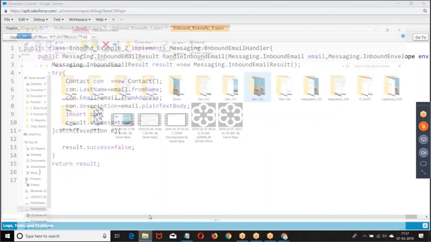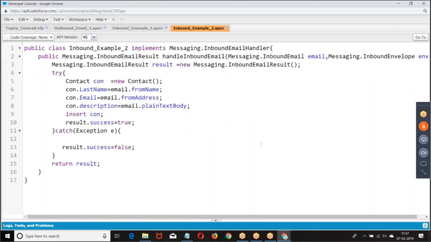Then let us go to the next part of the story. The next part of the story is how to handle attachments. While I am sending an email, I send some email with attachments, right? At the same time, while you are receiving the email, you will receive attachments. While receiving the email, sometimes people may attach screenshots and send them to you.